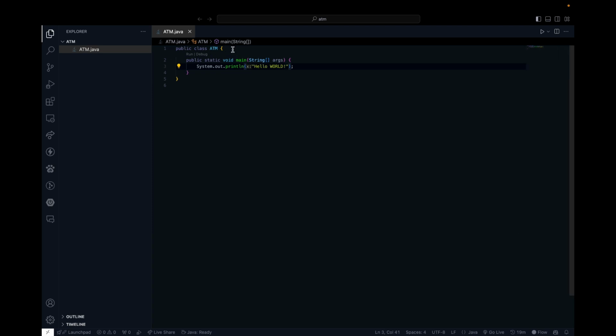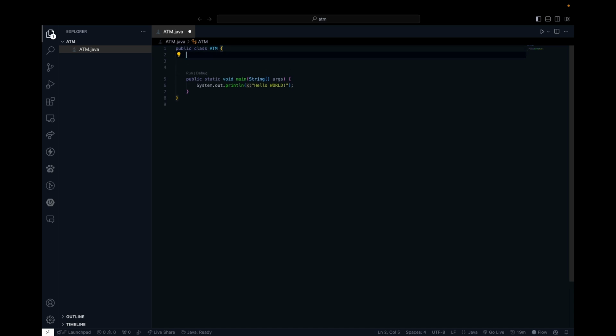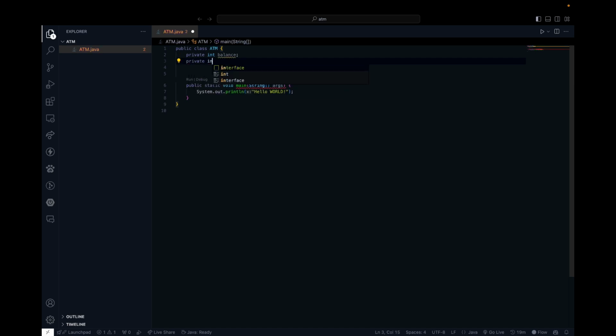So now let us start building the ATM application. For that ATM application, what are the variables we should be having? The main variable is literally balance. So the balance should be integer, and private. And we should be having one pin number also,